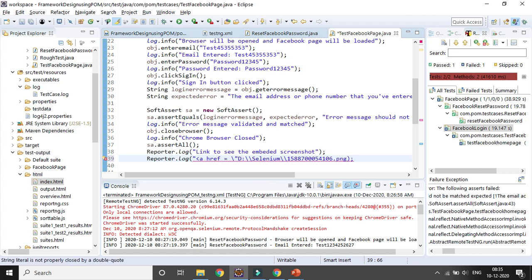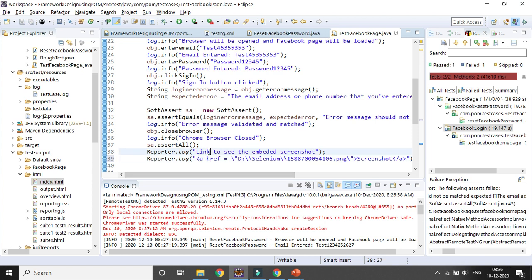After giving that, I need to give another escape, then close the tag. Obviously I want to give a hyperlink, so if you click on that hyperlink, it will give you the screenshot. I will be giving the name of the hyperlink as screenshot, and I'll be closing the anchor tag. That is the syntax I am writing here. I need to close with a semicolon. You can see the error message gone.